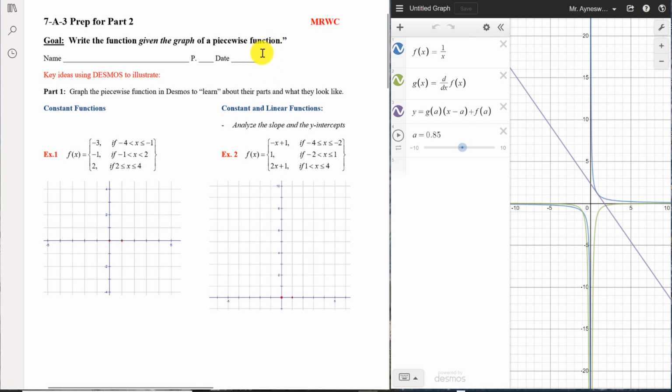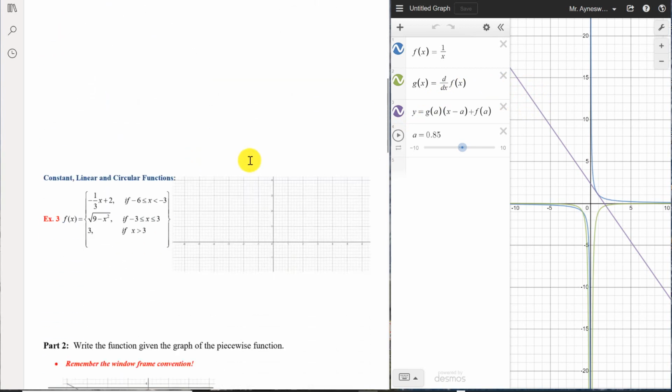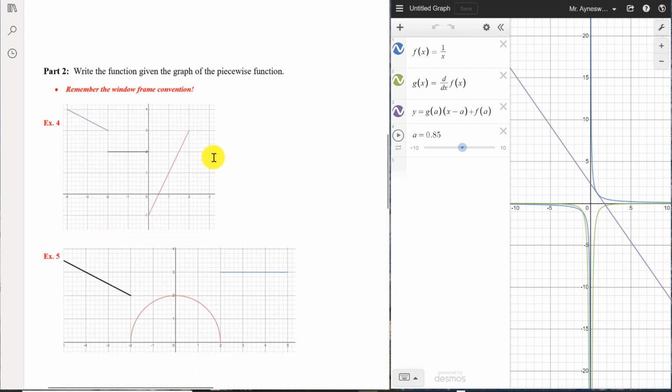So what I'm going to do is use Desmos here to help me out with learning from the piecewise graphs. I'm going to show you how to enter the functions of a piecewise function given certain domain restrictions. And then we're going to learn from the graph of how it behaves and what it looks like. And then from that, we're going to go to the next set, part 2, where I give you the